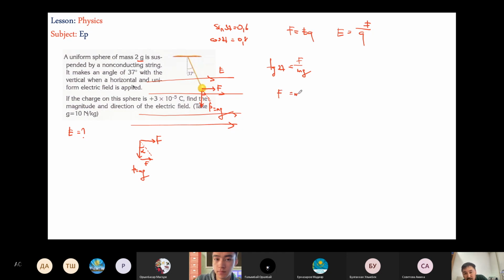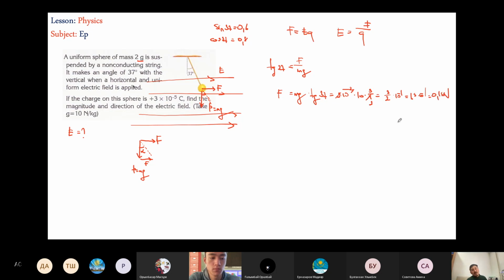So the force, of course, will be equal to mg times tangent of 37. Since my mass here is about 2 grams, 2 times 10 to the power of minus 3, sorry, I have to convert it to kilograms, and times g, that is 10, and times 3 over 4. That's 0.75, the tangent of 37. On that, the force, of course, will be equal. That is 3 over 2, because I simplify this 2 and this 4 and this 2. So I'll have 3 over 2, 10 to the power of minus 1. Or that is indeed 1.5 times 10 to the power of minus 1, or that is 0.15 newtons.